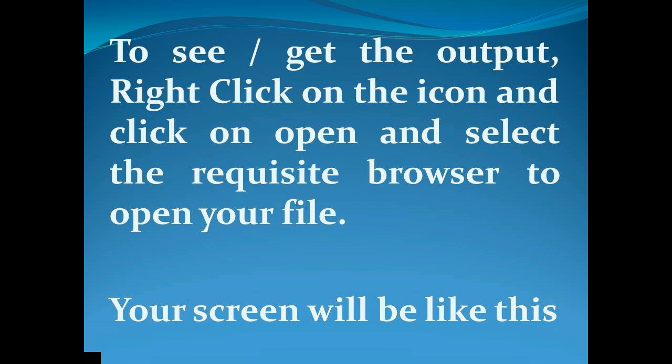When you go to open, you have to select any one of the browsers given there as per your choice to open the file. When you click on any of the browsers, if your code is correct, you will get a screen like this.